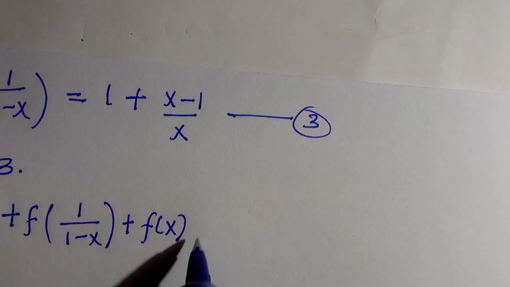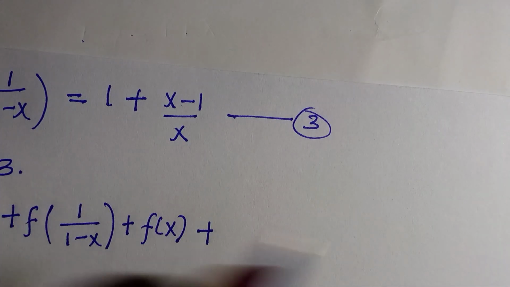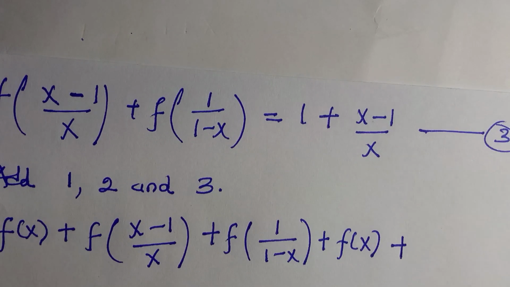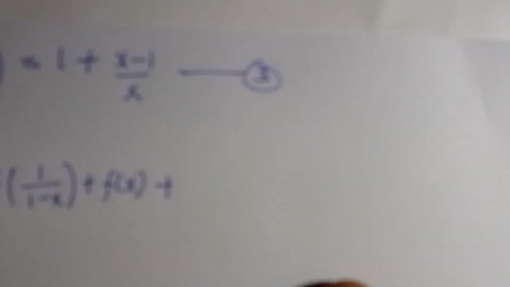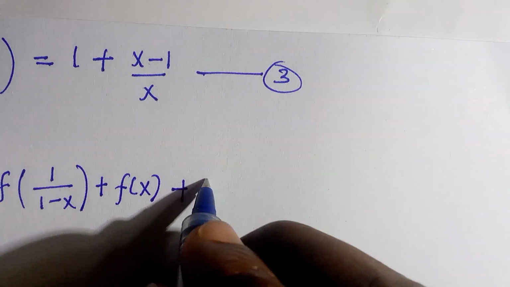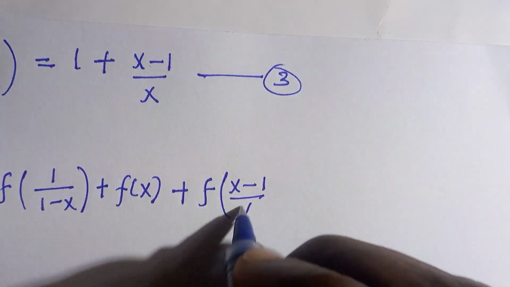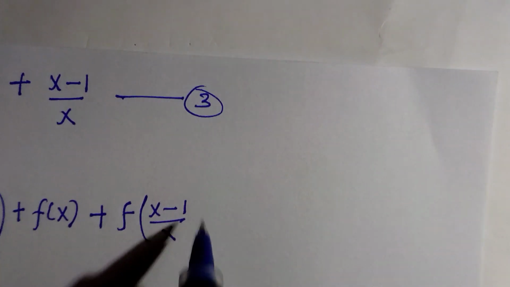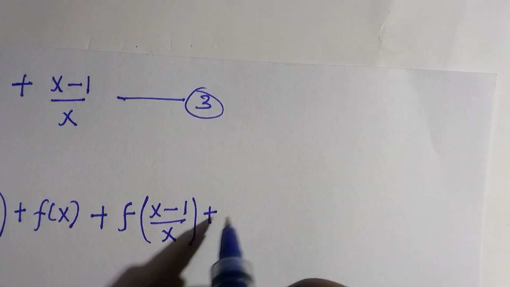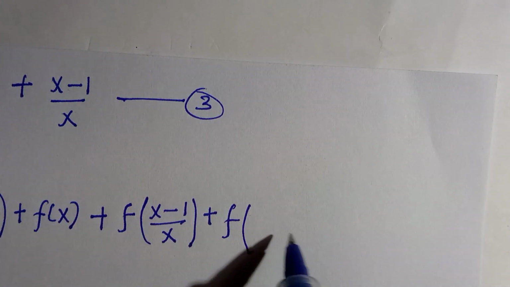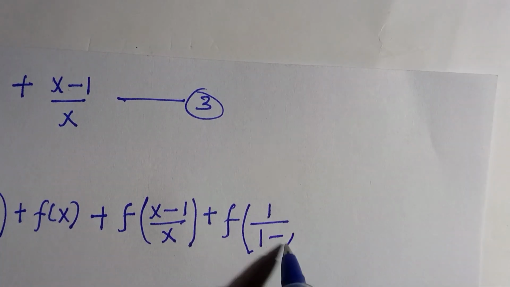Adding the left hand side first, plus the equation 3 is f of x minus 1 divided by x, and plus the other. So let's see the first one, f of x minus 1 divided by x, bracket, plus f of 1 divided by 1 minus x